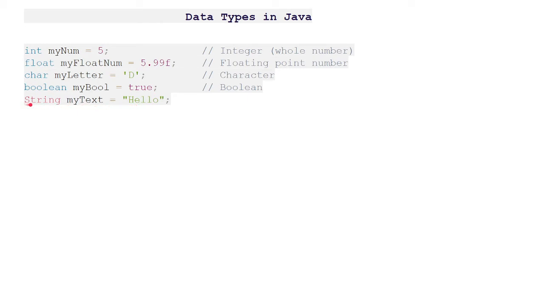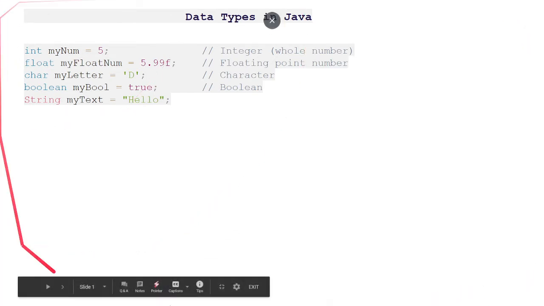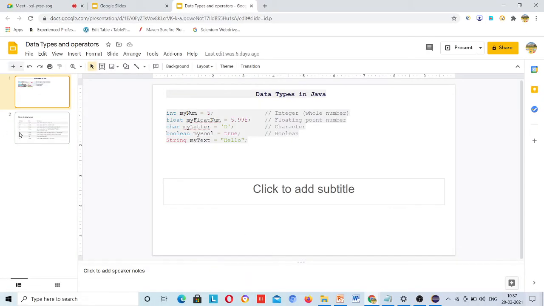Okay, so this S is capital, and I told you class name is capital, so anything coming capital in initial, meaning the first letter is capital, then that will be a class. So similarly String is a class. It stores actually string values, right? And there are other things in String as well, I will tell you in upcoming lectures. Okay, so this is from data types.